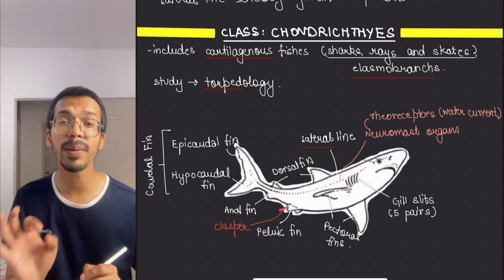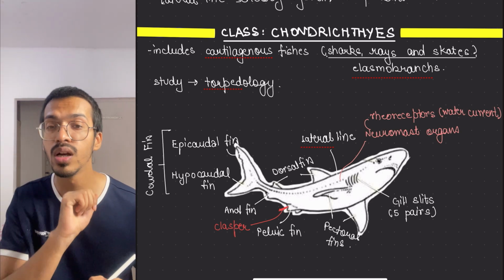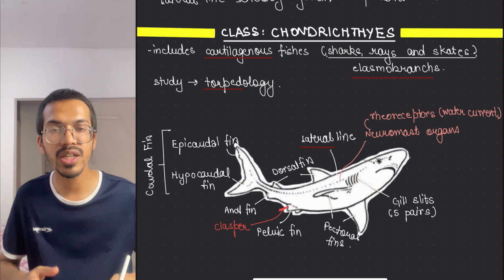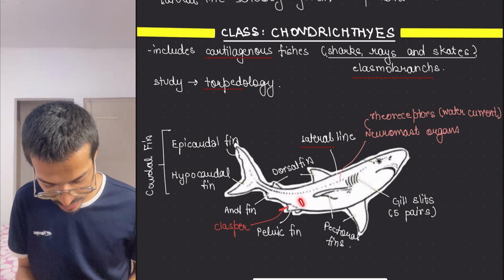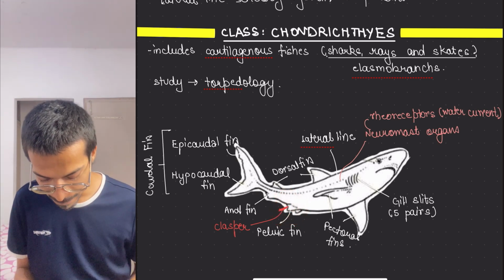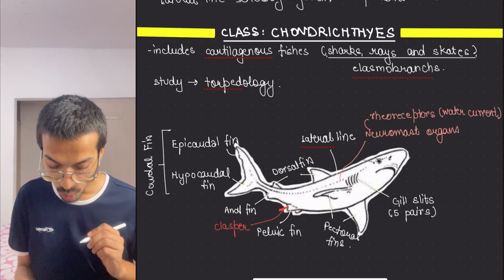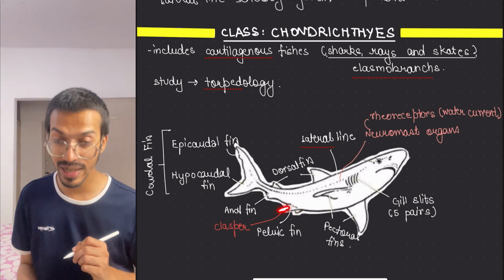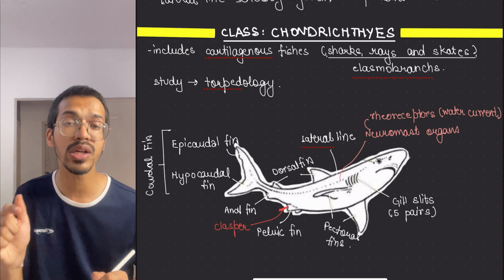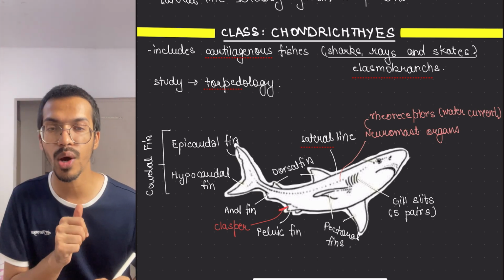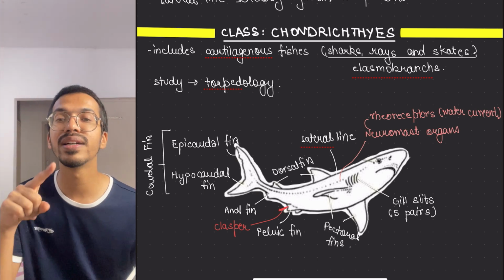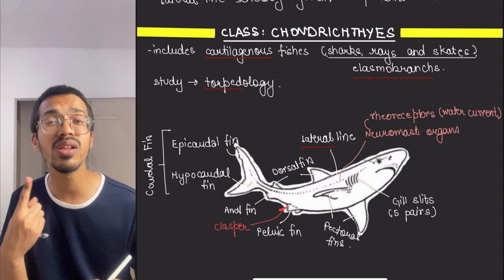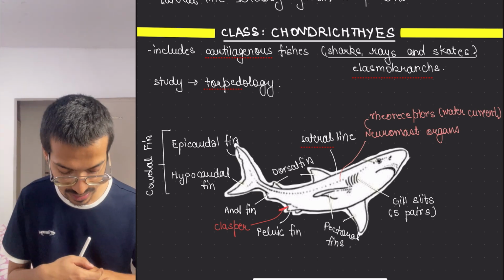So paired will be what? Pectoral fins means two. Two will be the pelvic fin. Pelvic means what? Lower. So lower area is what? This area, right? So pelvic fins present over here. On this pelvic fin, there is a structure. This red color rod-like structure is there. That is what? Clasper. It is what? Copulatory organs. Means this copulatory organ will be inserted inside the female vagina or the gonadal tracts.